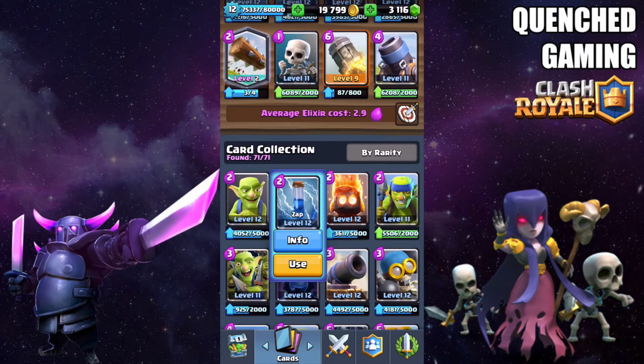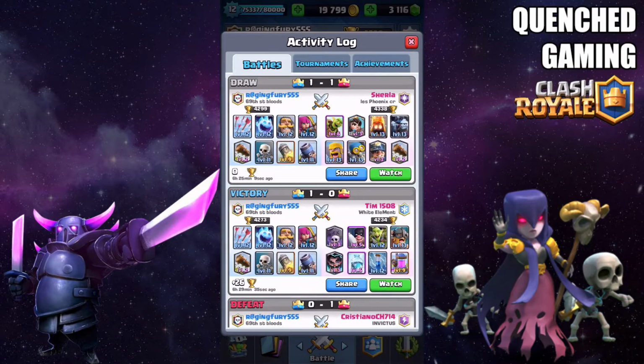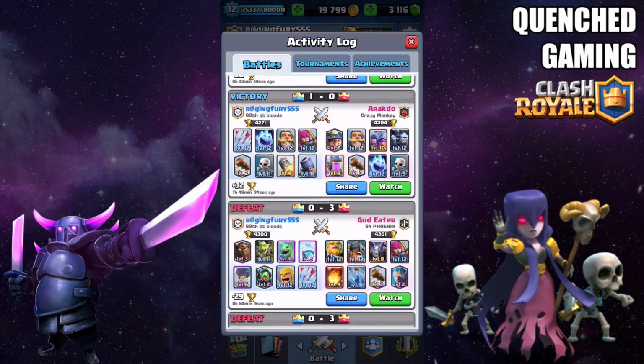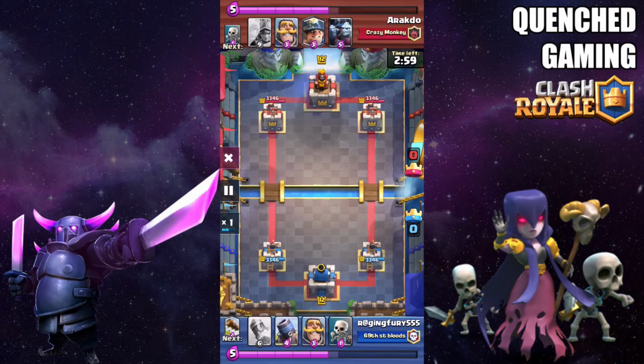Zap right here. Zap is a really good replacement for a Log if you don't have Log. But yeah, so we're gonna hop into one replay right here. We'll be hopping into a replay against Arcado, and I want to show the replay right here because